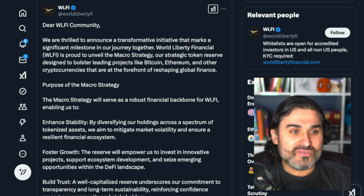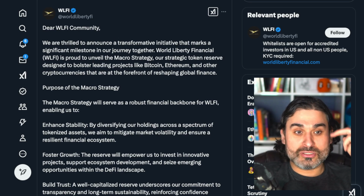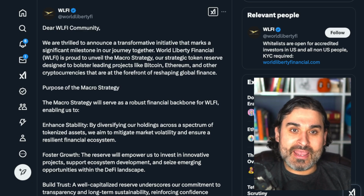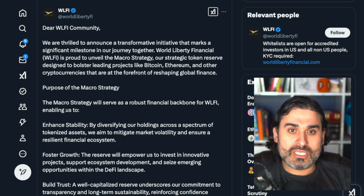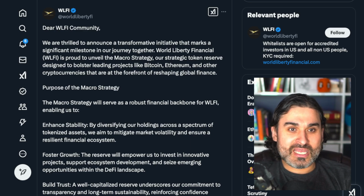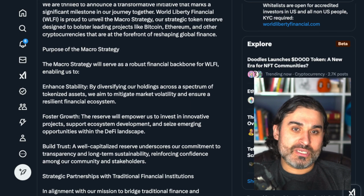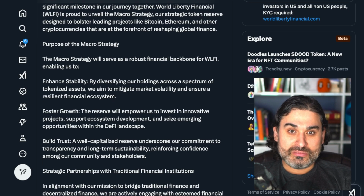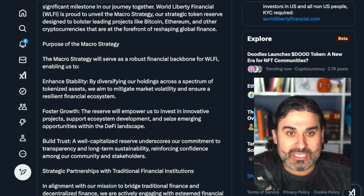And then finally, we have some news from Liquity Financial. Of course, this is Donald Trump's DeFi platform, and they are proposing a new initiative, which is a strategy of investing in tokens. They're calling it Macro Strategy, a strategic token reserve designed to bolster leading projects like Bitcoin, Ethereum, and other cryptocurrencies at the forefront of reshaping global finance. This announcement was very much written by ChatGPT, but they explain that the purpose of Macro Strategy is to serve as a robust financial backbone for Liquity Financial that enables them to enhance